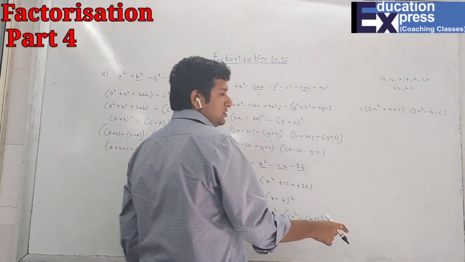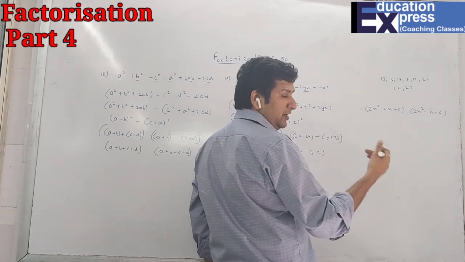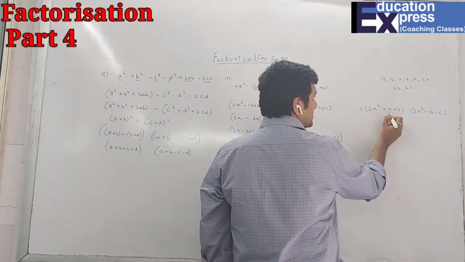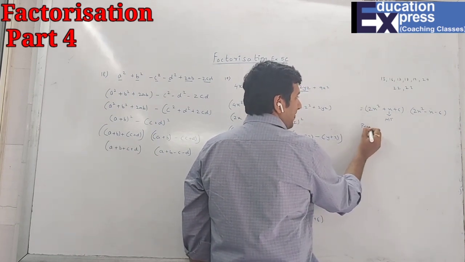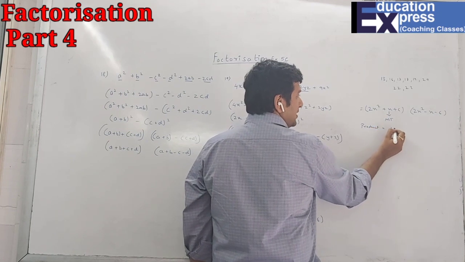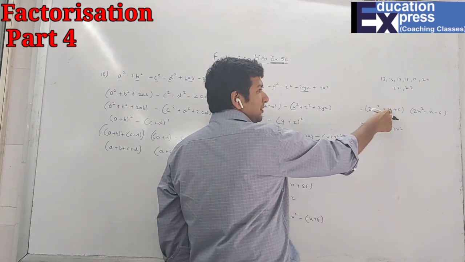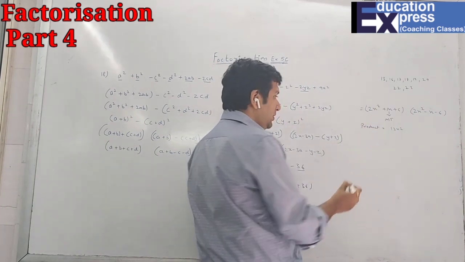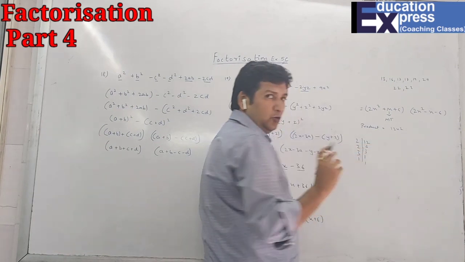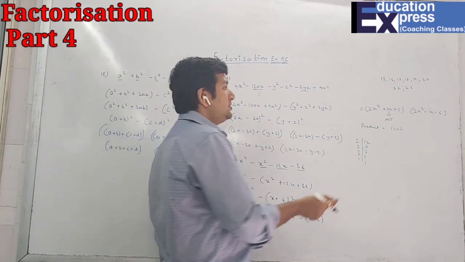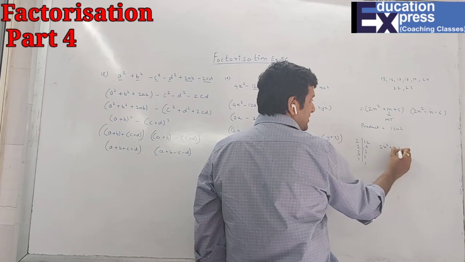Students, I have told you earlier also, whenever you get something with a square power, we have a chance for splitting the middle term. We'll check over here. The middle term is x and the product is plus 12x square. That means you have to add two numbers and get 1. Middle term is 1, which is not possible, because if you find the factors, there are no two numbers which you add and get 1. That means this is not factorizable. So the answer will be the same, 2x square plus x plus 6.